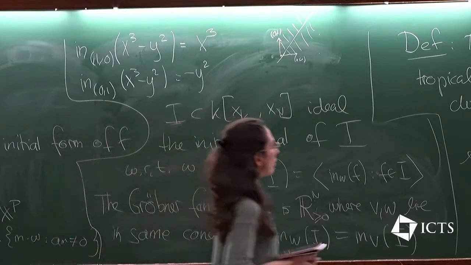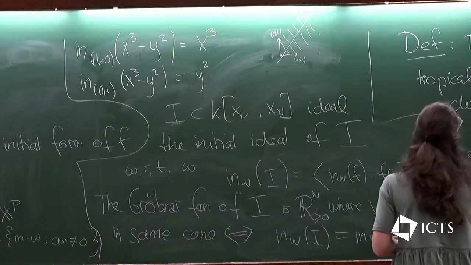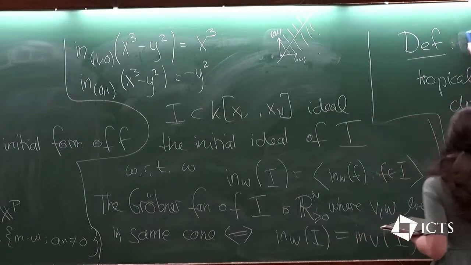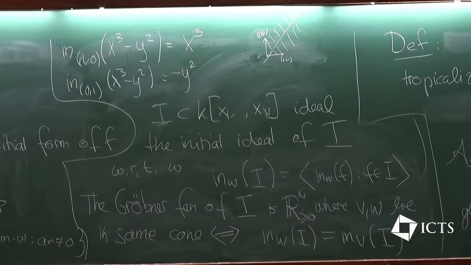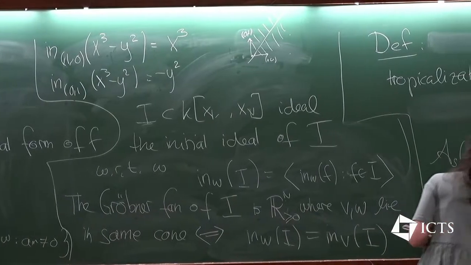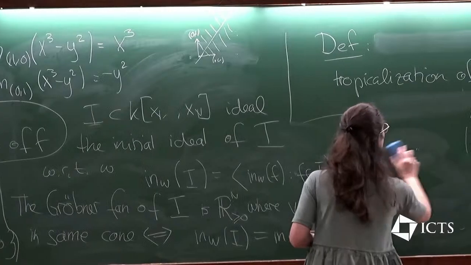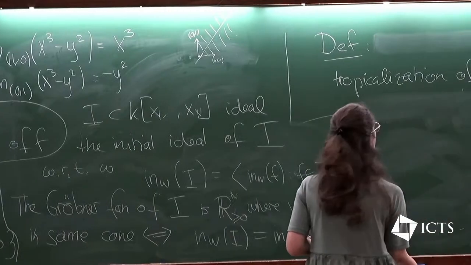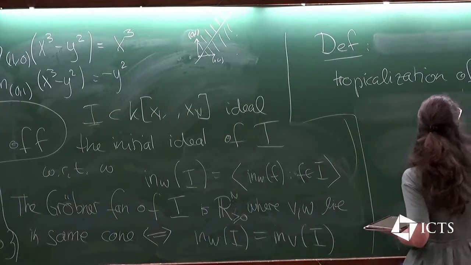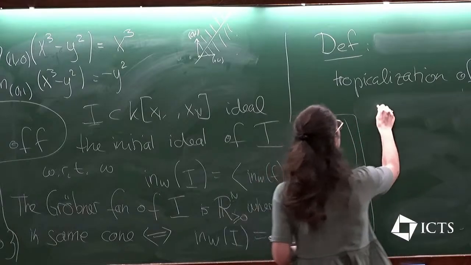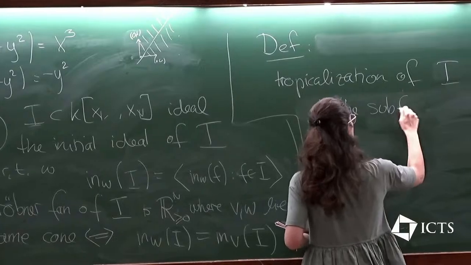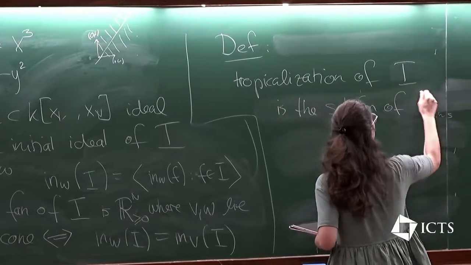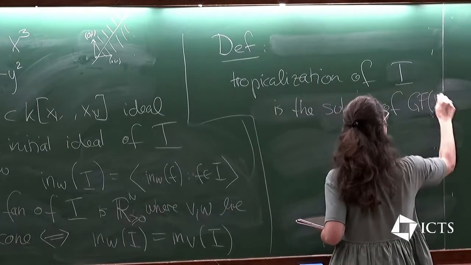So that's a motivation to consider the following subfan. So the tropicalization of I is the subfan of the Gröbner fan of I